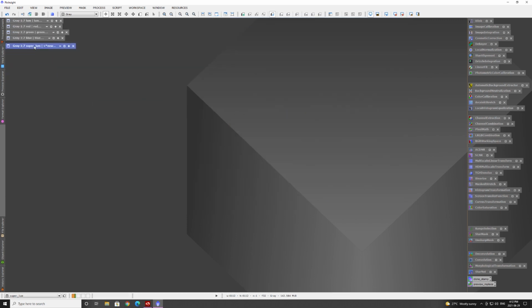So that's how you do image integration and cosmetic correction. I'm going to put a stop here as the video's getting pretty long now. Tune in for my next video, and I will show you dynamic background extraction and how to take your linear master files and turn them into a RGB